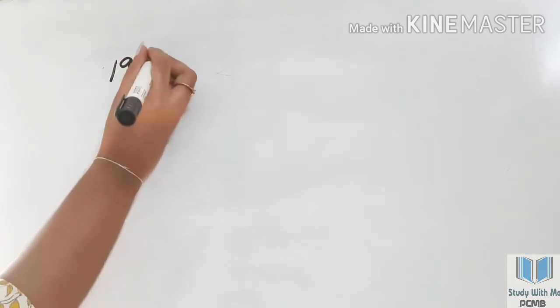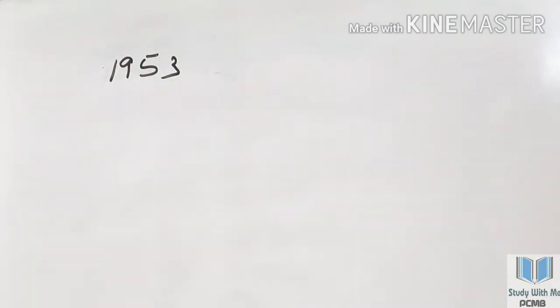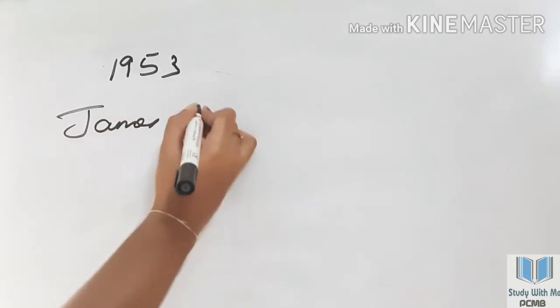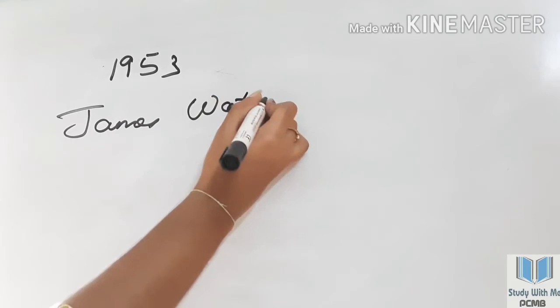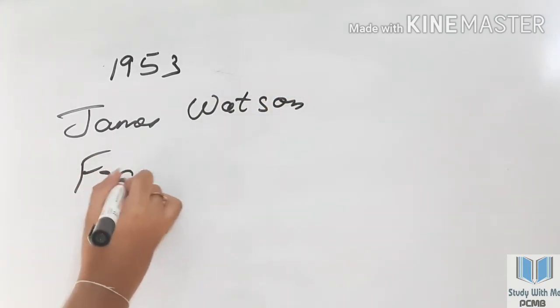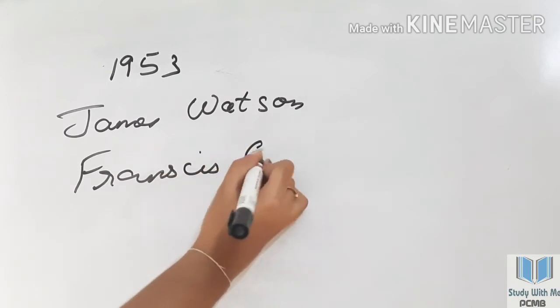After that, in 1953, around 100 years from 1869, when Miescher first observed an acidic substance in the nucleus and named it nuclein at that time, then after around 100 years, in 1953, James Watson and Francis Crick